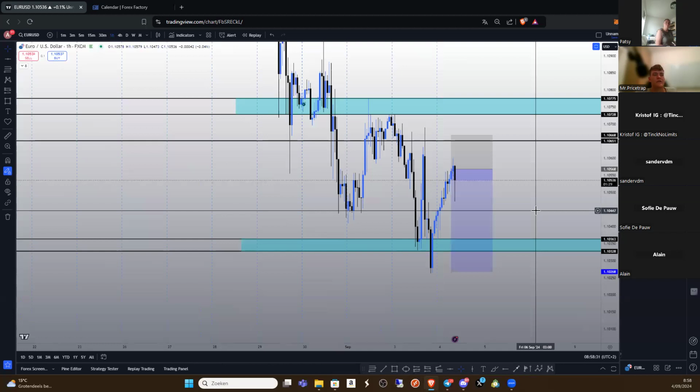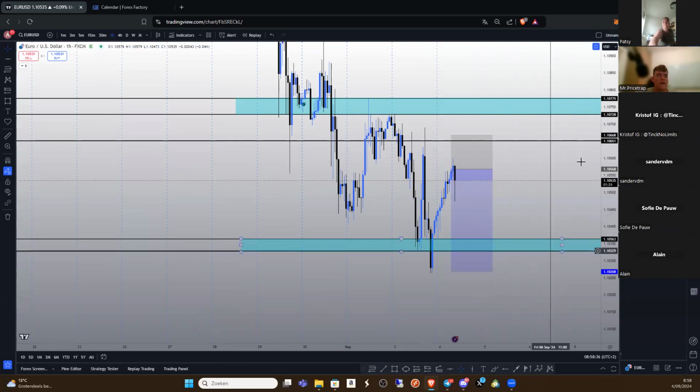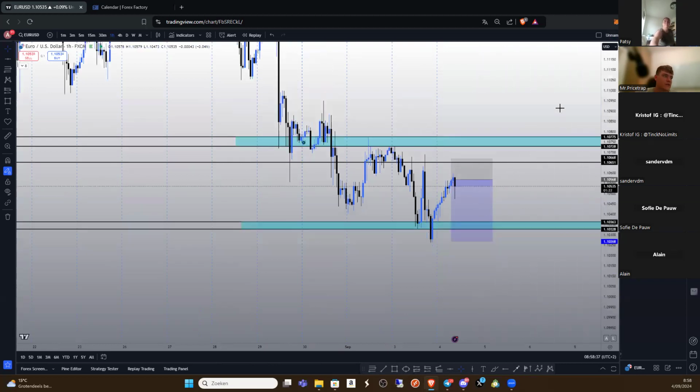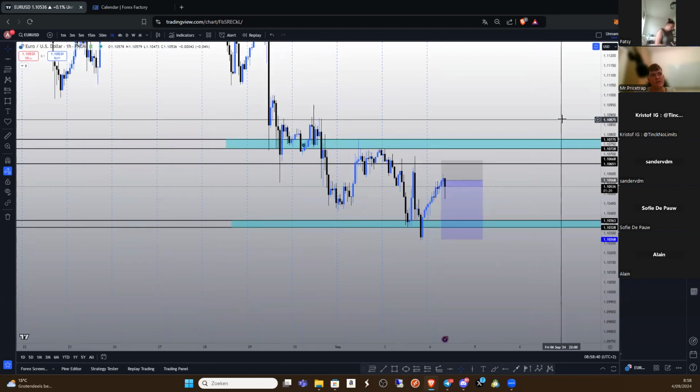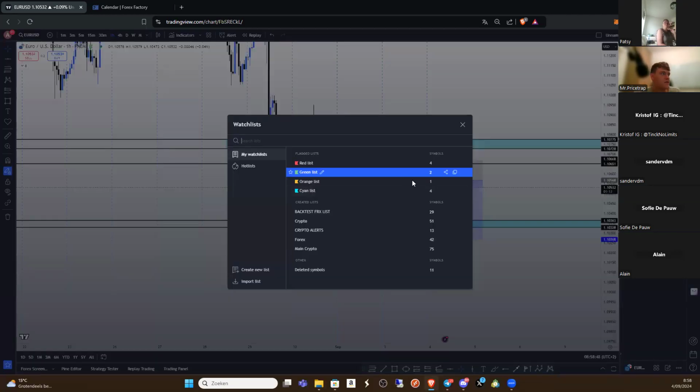All right. If you have the correct risk management, this shouldn't matter if the market goes against you. We have some amazing risk to rewards. Even if you're just having a win rate of 30 or 40%, you can still be profitable if you have the correct risk management. So that's it. We have 7 price drops for today.